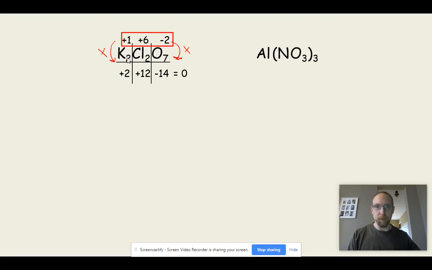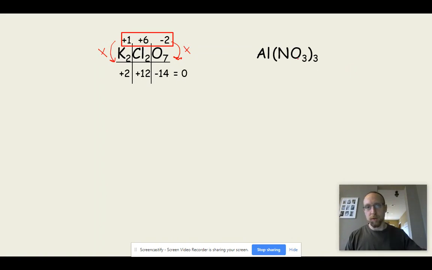So how do parentheses play out? Remember what parentheses mean in math. Parentheses mean to multiply. So just make sure you're getting your total number of atoms of each element when you're figuring out your oxidation states, all right? So what do I mean by that? Well,